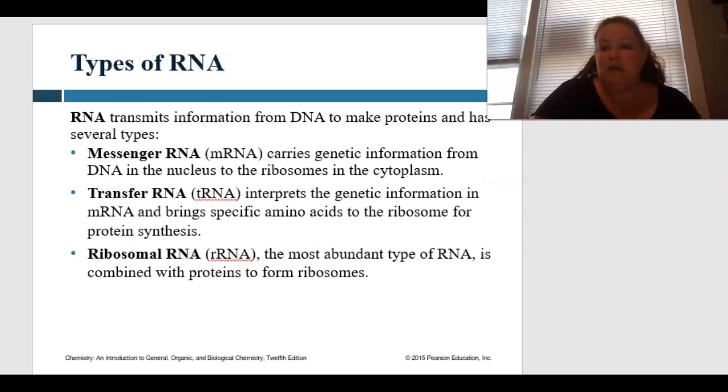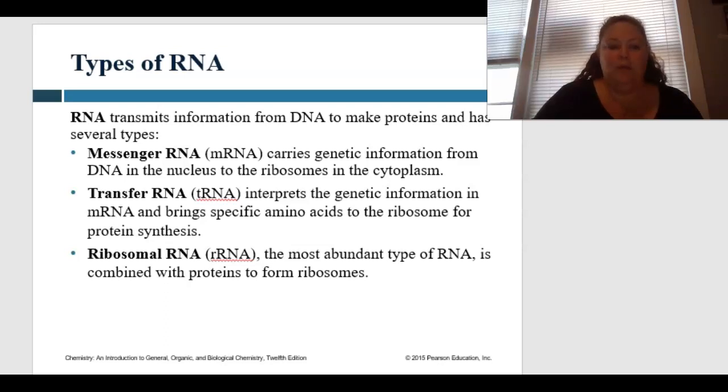So there are a couple different types of RNA. The RNA is going to transmit information from the DNA in order to make the proteins, and it has different types. It has messenger RNA, step 3. And this carries the genetic information from DNA in the nucleus to the ribosome in the cytoplasm. Then we have tRNA, or transfer RNA, and this interprets the genetic information in messenger RNA and brings specific amino acids to the ribosome for the protein synthesis. Then we have ribosomal RNA, or rRNA, and this is the most abundant type of RNA, and it's combined with